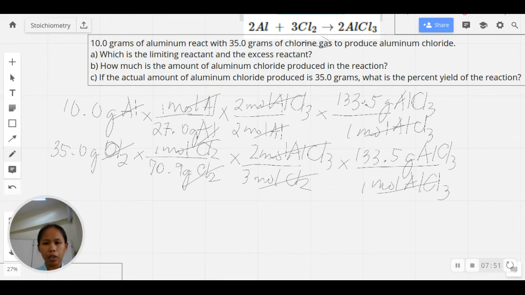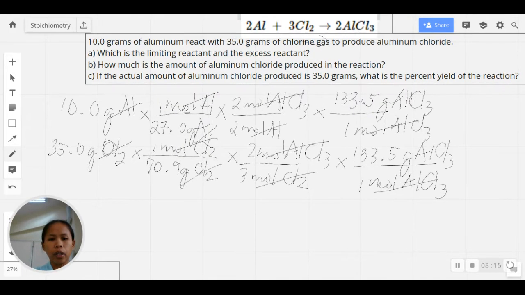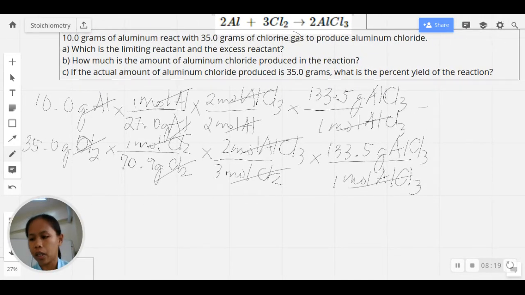So in this particular computation, I think these are all accurate already. Then we're ready to input this in the calculator. Take note that if there are plenty of numbers on top and on the denominator, always input them once in the calculator by using the parentheses function, grouping the numerator together, press divide, then another group for the denominator, and then voila, you will be getting the answer. So, inputting in the calculator, for 10 grams of Al, we will be getting 49.44 grams of AlCl3. While for the 35.0 grams Cl2, we have